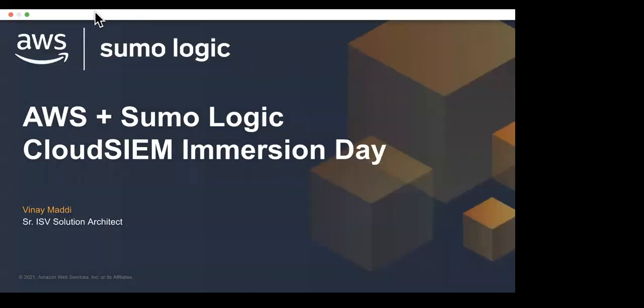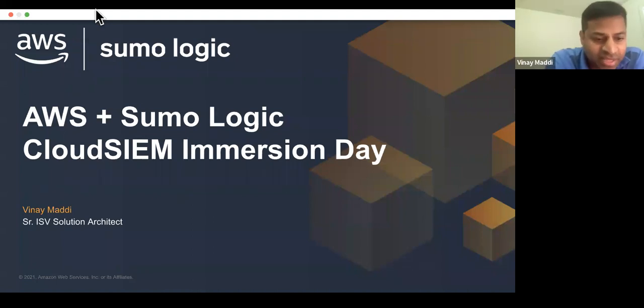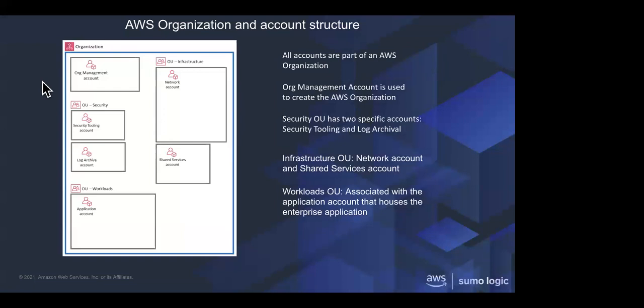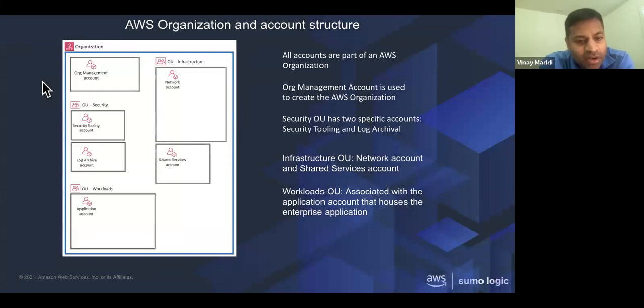So Vinay. All right. Thanks, John. What I will do is talk about a typical AWS multi-account deployment, especially with a focus on security services. Today, if you look at any organization, you will have a bunch of workloads running with n-tier architecture or some kind of big data workloads running in your AWS accounts. And nobody wants to run all these workloads in a single account, for the obvious reasons of hitting account limits as well as security issues. If the account is compromised, all your workloads are compromised.